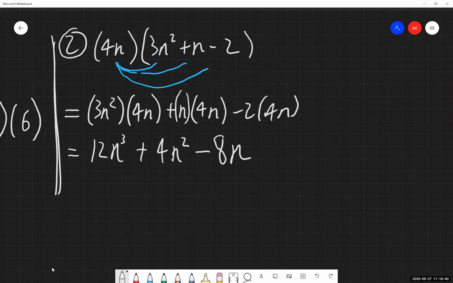So now I have multiplied everything together. I can't add or subtract anything, which is fine. And then we need to ask ourselves, is this thing in standard form? Meaning, is it going by alphabetical order and by descending powers? The only variable showing up in here is n, so alphabetical order, check. And then by descending powers, the largest power out front, second largest, and then the third largest at the very end. So we're good to go there. We have this thing simplified and all written in standard form.